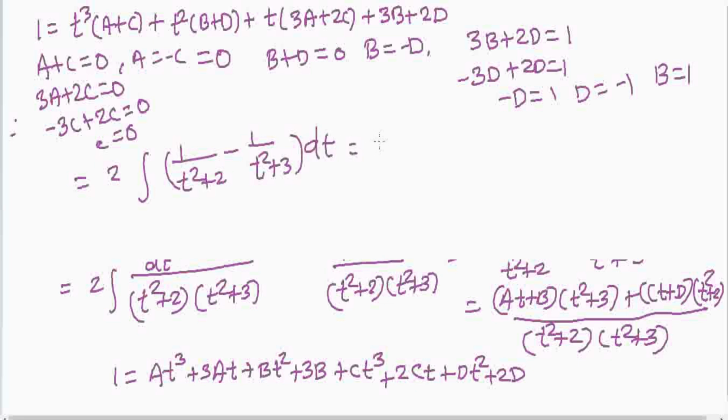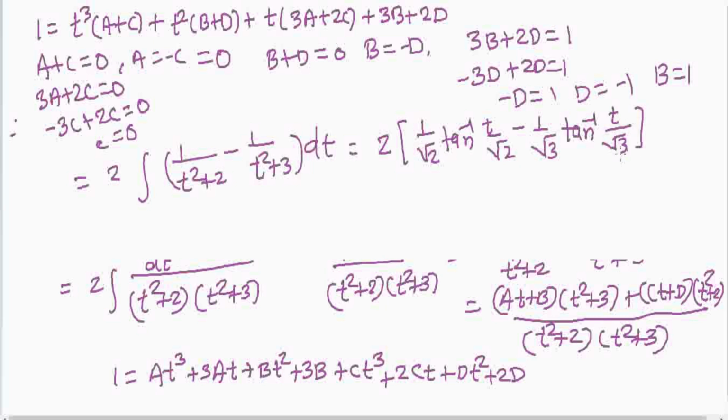And easily we know that this is 1 divided by under root of 2 into tan inverse of t divided by under root of 2 minus 1 divided by under root of 3 into tan inverse of t divided by under root of 3. Okay, so this is equal to 2 into